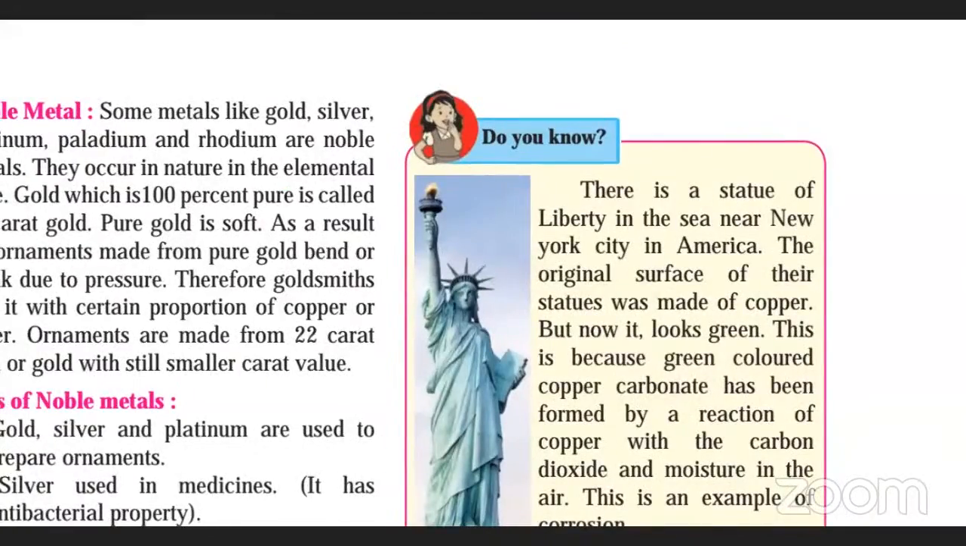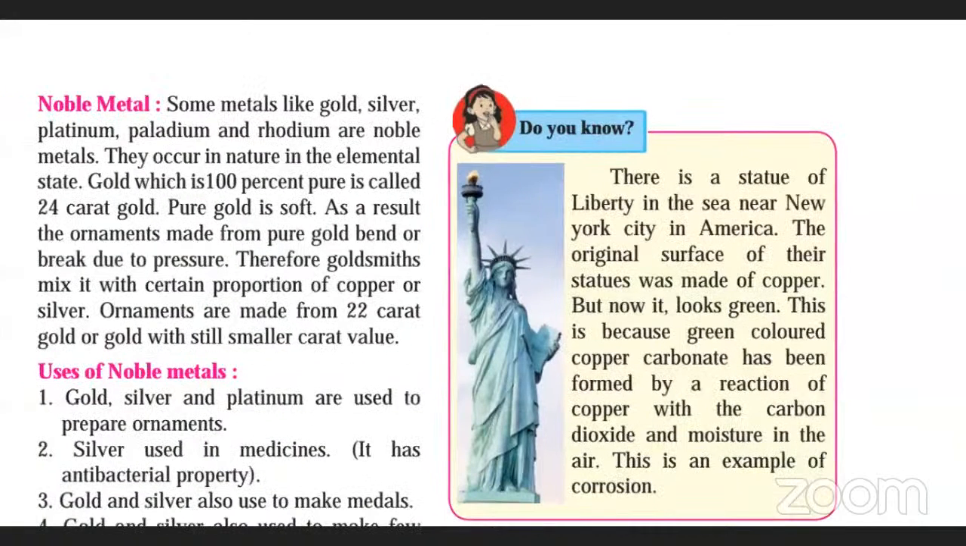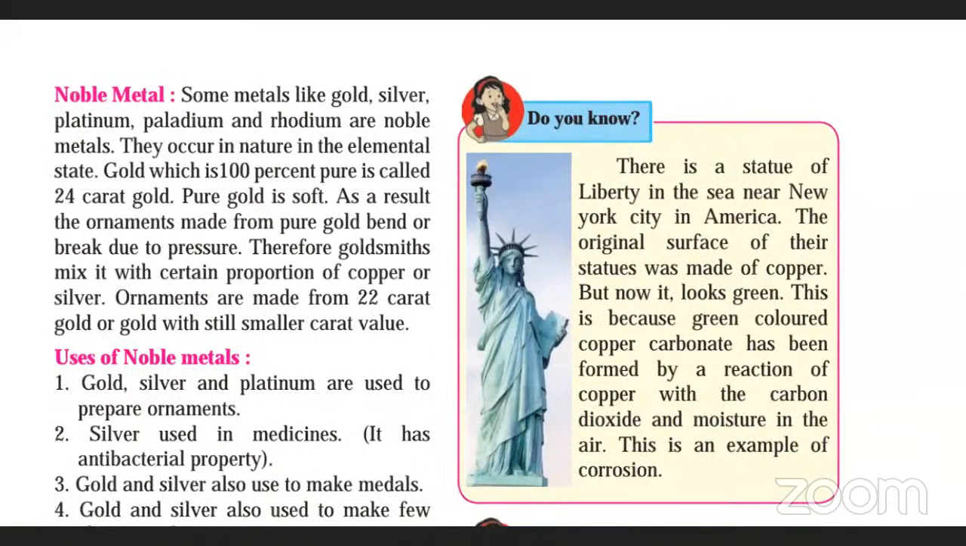See, there is some information given here. There is a Statue of Liberty in the sea near New York City in America. The original surface of the statue was made up of copper. So this statue was made up of copper, but now it looks green. This is because green colored copper carbonate has been formed by a reaction of copper with the carbon dioxide and moisture present in the air. Since copper is a metal,